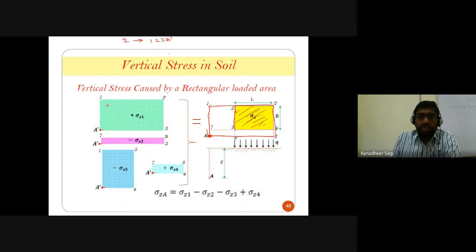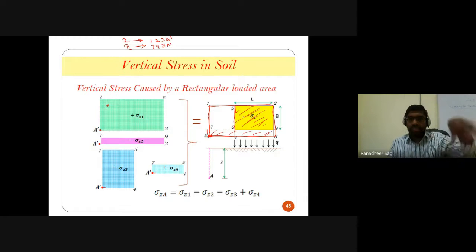Section 2, what I am going to be looking at, I repeat, section 2 is represented between the numbers 7, 9, 3 and A dash. It means this portion. The first one was complete. From that, I am subtracting this much portion. Yes, that subtracted portion also has A dash as one of the corners. Okay, my condition is satisfied. Let me look at another section which I am going to consider.